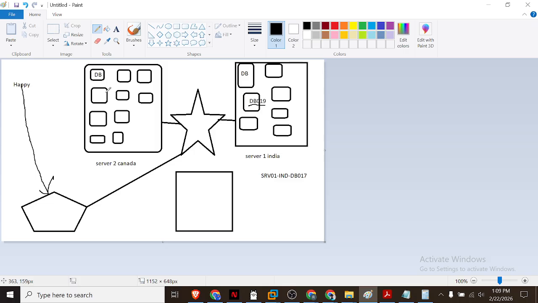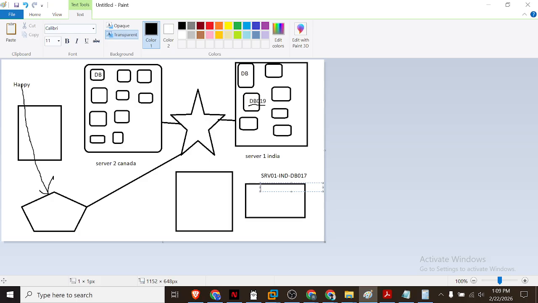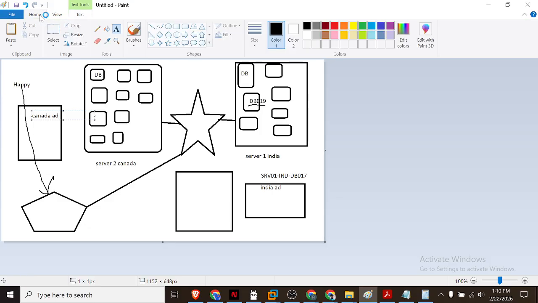Then after getting authenticated, similarly we have AD sites also, like we have a Canada site here, an India site here. So similarly we always have sites for Active Directory also. This is Canada Active Directory and this is India Active Directory. So, India AD and Canada AD. So when Happy logs into AD, he gets authenticated using his credentials with the Canada AD, but then